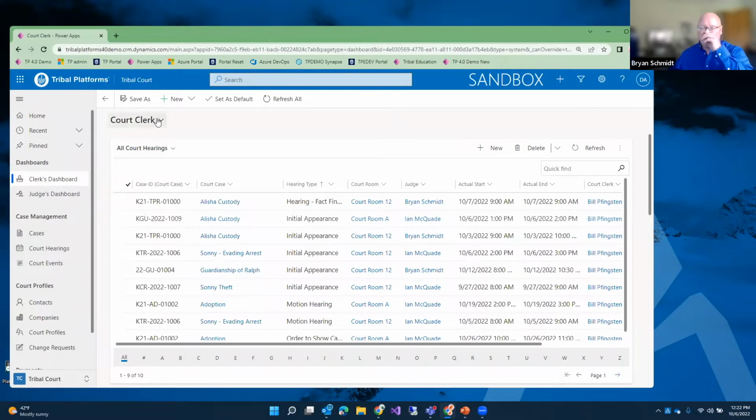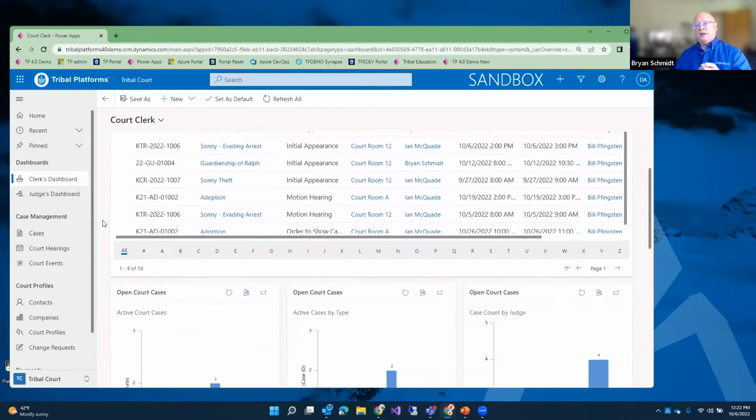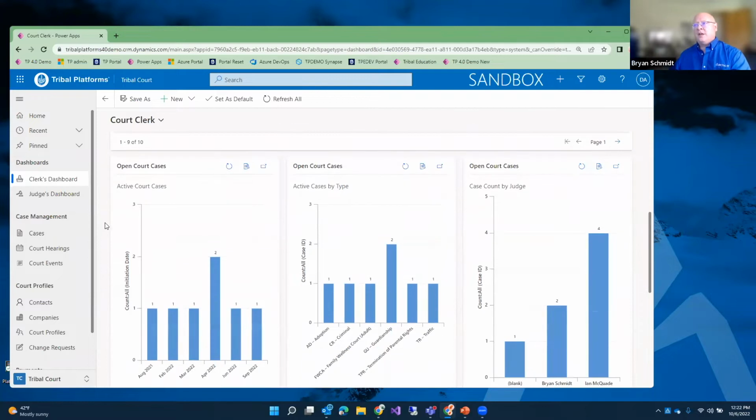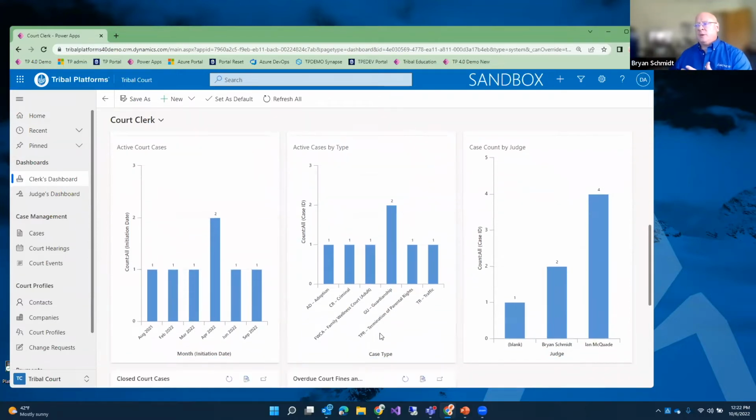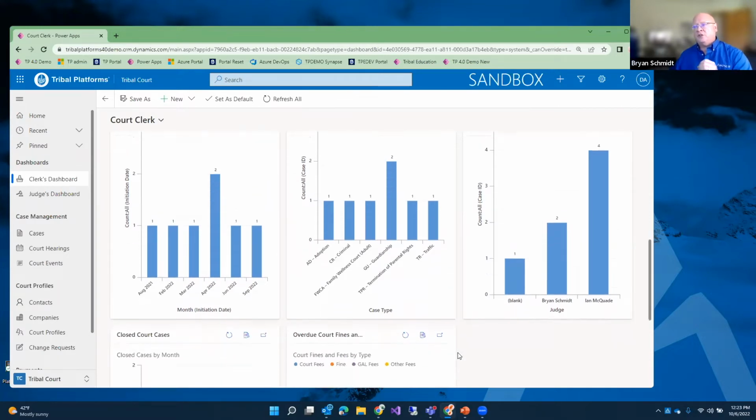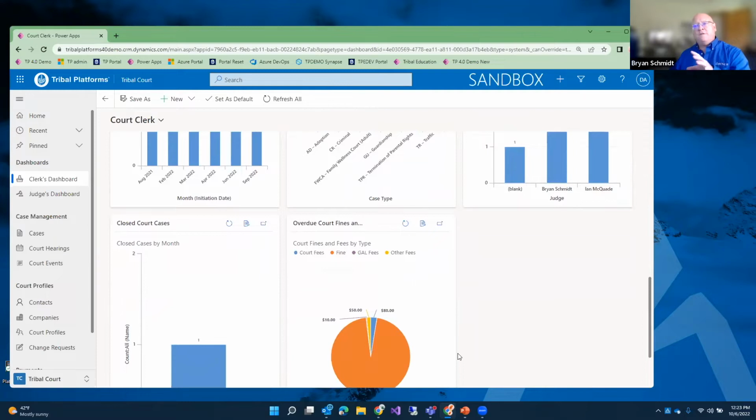So you can, and we organize these dashboards by role, but you can absolutely adjust these dashboards or create your own. Let's say this information isn't quite exactly the way you want it. You can pick other views, you can do other sorts, but this is a live query into all the court hearings or the open court cases or the cases by type. And again, keep in mind, this is all demo data, so there's nothing real here, but it gives you an idea of the dashboard and the flexibility of the application to give you that real quick view of information that